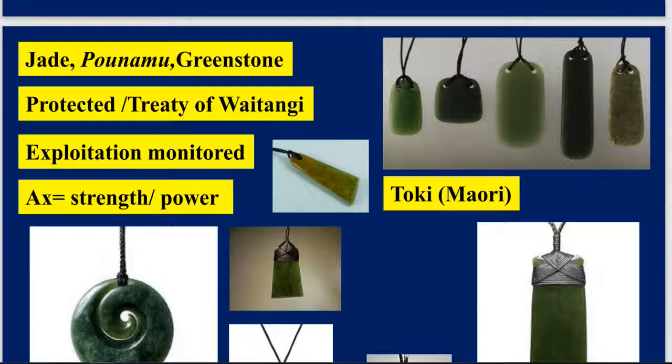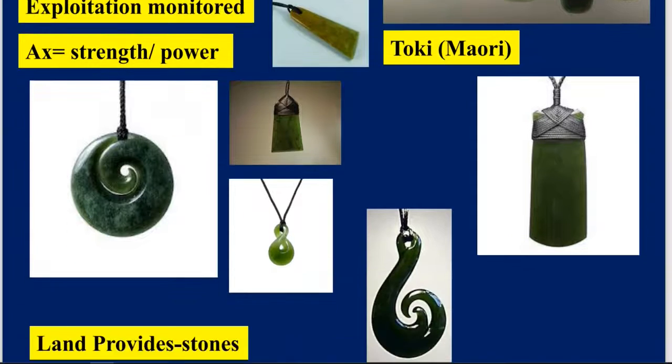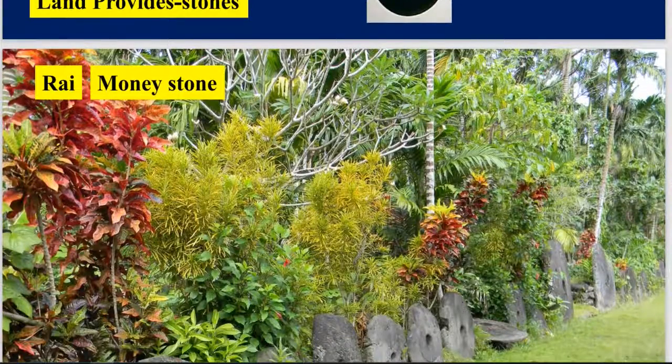And you have in New Zealand the minerals. Remember the jade, pounamu, greenstone, basically that's what it's called. And it's protected by a treaty. It's a very unique stone. It's a form of jade, and it's symbolic to the country because it's the only place it's found. Many ornaments and jewelry and things are made out of this jade. The money stone, you remember that?